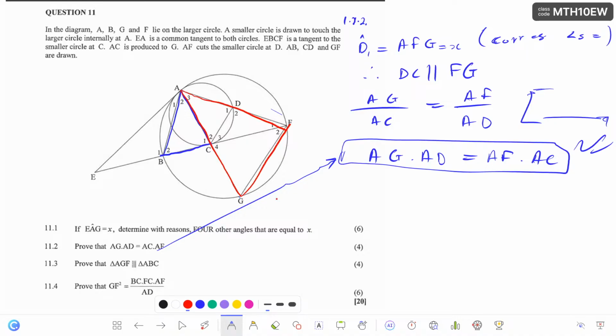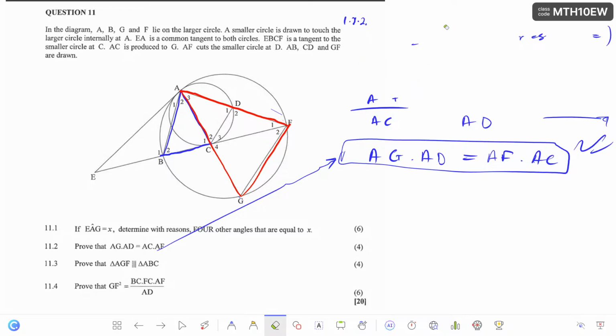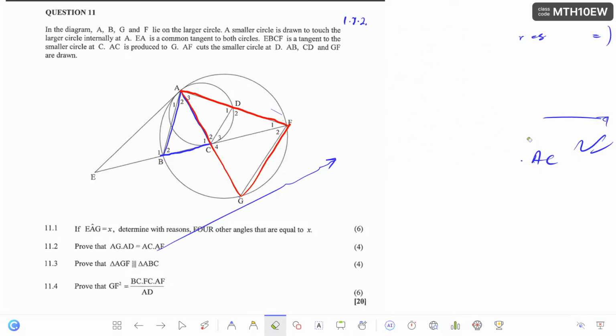So we want to prove that they are similar. So, okay, to prove, allow me to erase this. So to prove that they are similar,